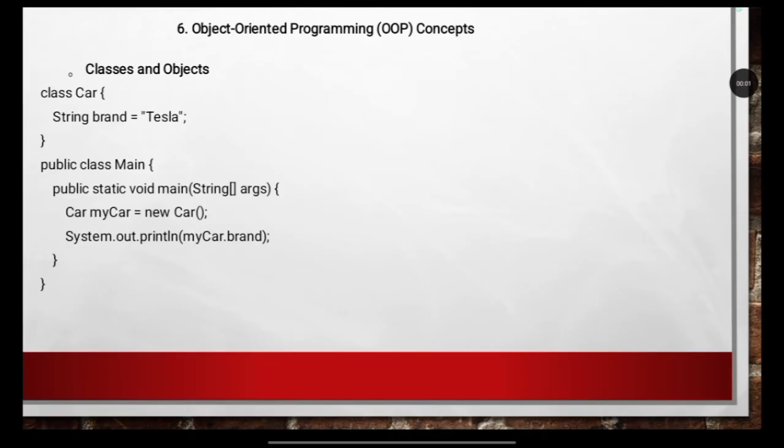So here in this particular slide, we will be discussing object-oriented programming concepts. First of all, we need to go through the slide carefully. Classes and objects. class Car { String brand = "Tesla"; } public class Main { public static void main(String[] args) { Car myCar = new Car(); System.out.println(myCar.brand); } }